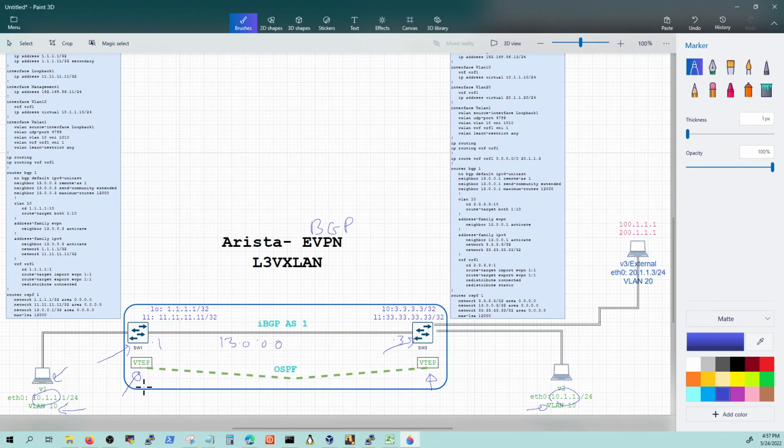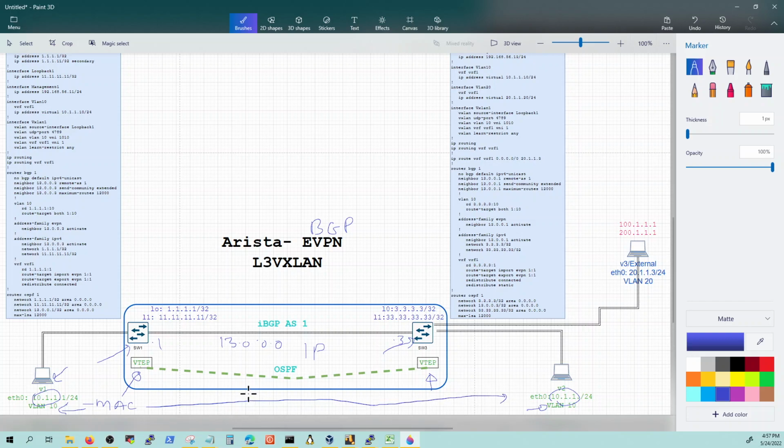To make that happen, to extend VLAN 10 across an IP cloud or IP connectivity, you need to be configuring two VTEPs so that the MAC information,